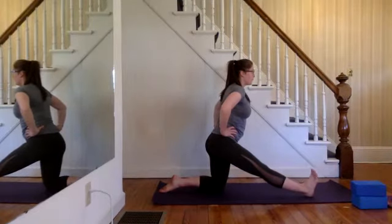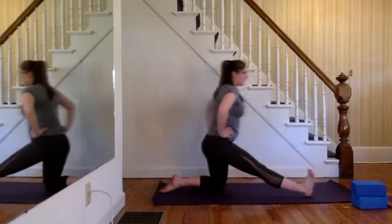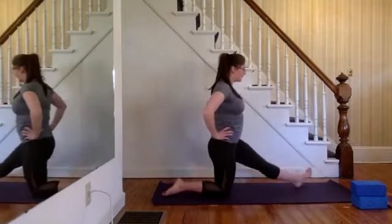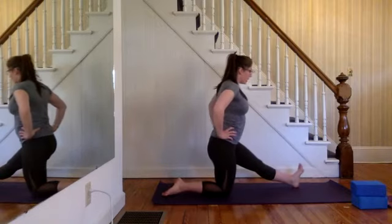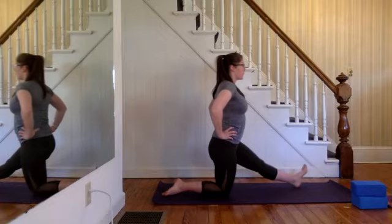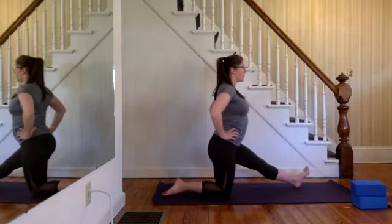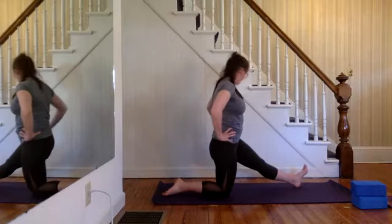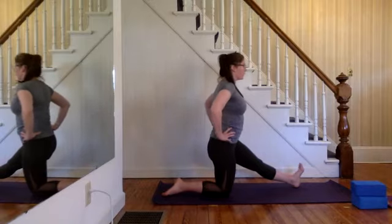Take another inhale, fill up. Exhale out all the way, drop that right knee back, and let's switch sides. Left leg comes out. Make sure your leg is nice and straight. There's a straight line running through the crown of your head to your tailbone, so if you're arching, zip your tailbone back up, push your hips forward, direct your tailbone down to the ground,